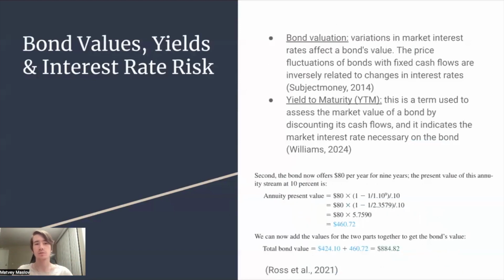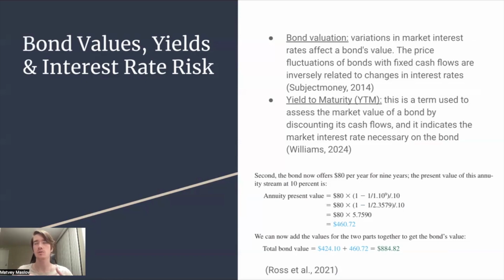Now taking a look at bond values, yields, and interest rate risks. So we're here when it comes to bond valuation. It is variations in market interest rates which affect a bond's value. So the price fluctuations of bonds with fixed cash flows are inversely related to changes in interest rates, as I